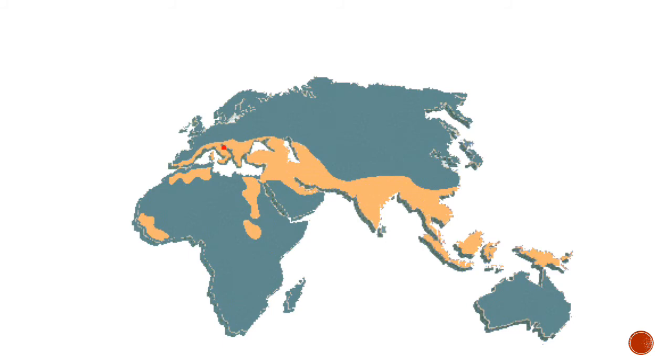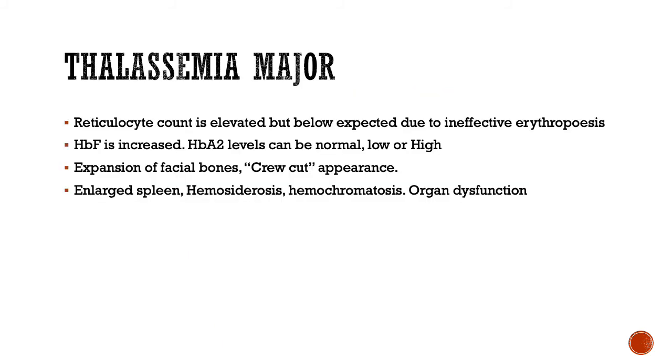Reticulocyte count is elevated but below expected due to ineffective erythropoiesis. Fetal hemoglobin is increased. HbA2 levels can be normal, low, or high. Expansion of the facial bones, I mentioned already, leads to crooked appearance or hair on end appearance. This is because of the expansion of the marrow in the cortex, as well as new bone formation